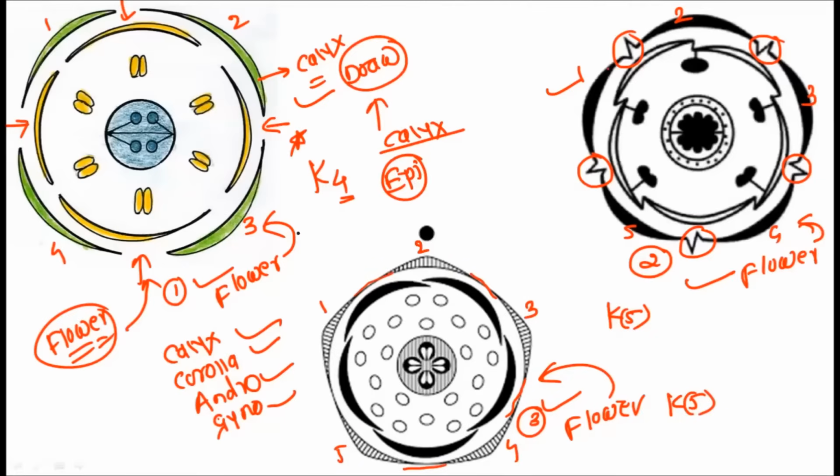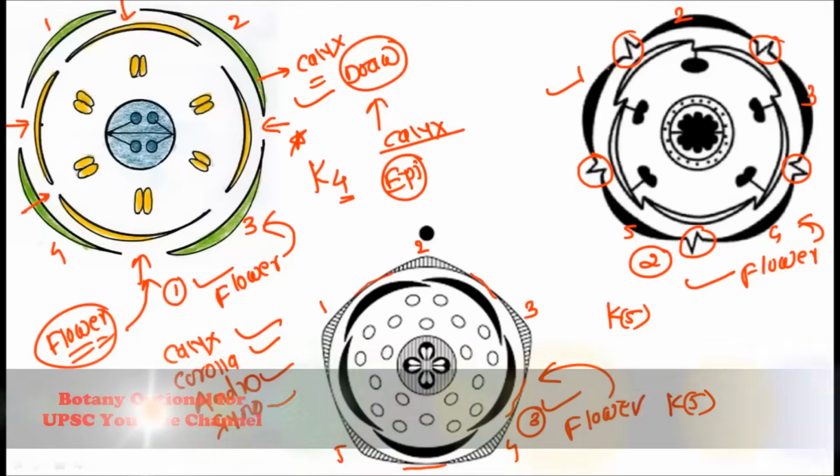So here also the bracket is required. So calyx wise, when you compare all these three floral diagrams, in the first diagram you will observe there is a polysepalous condition, while in the rest of the two floral diagrams you will definitely observe there is a gamosepalous type of condition. Okay, now if you go inside the floral diagram, the second thing you will observe is the corolla.